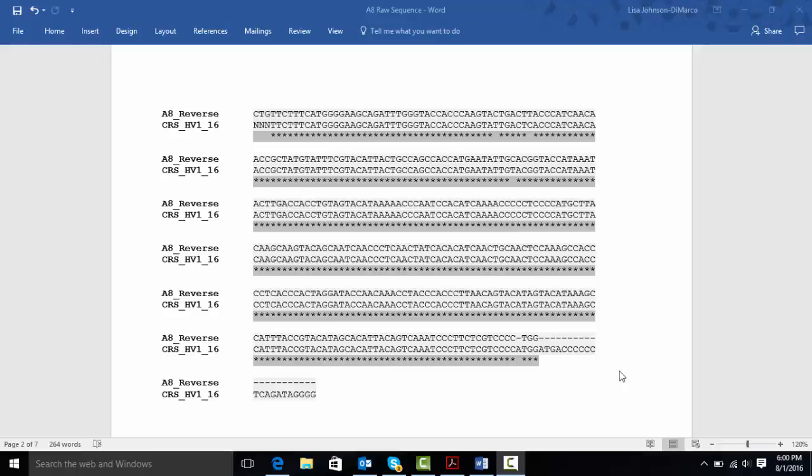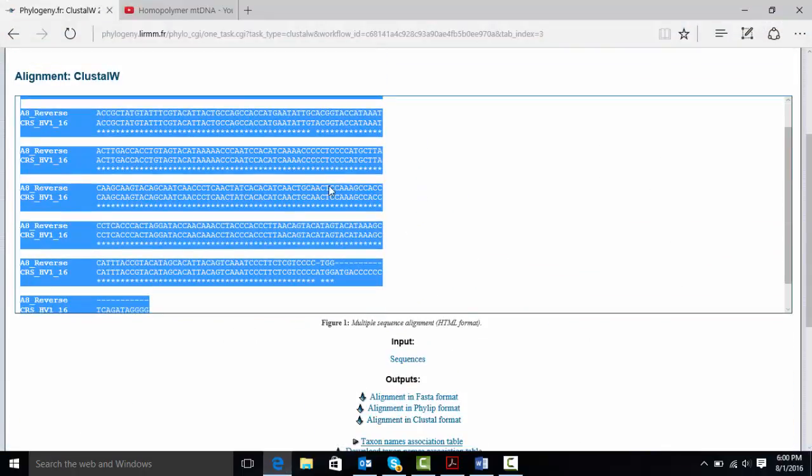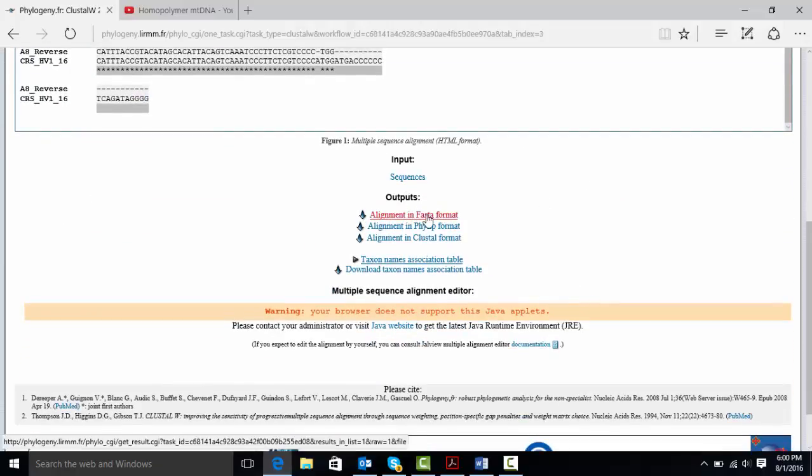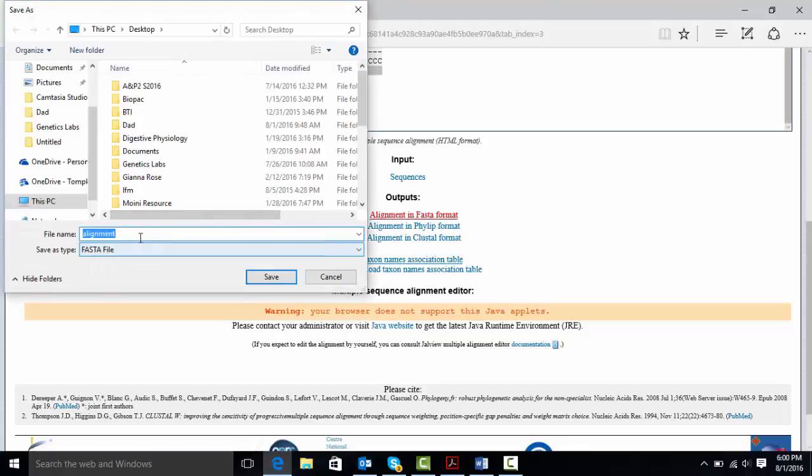So we have our alignment, but it's not numbered, and we need to know where in the genome your mutations are so that we can assign the haplotype. So the way we do that is we go back to the website and we scroll down from that alignment window, and where it says output, we're going to right click on alignment in FASTA format. Now in a Macintosh this might be different. You don't want to just click on it. You want to right click and you want to save the target as, and it should save to the desktop. So it's going to save as alignment. It is a FASTA file, and that's what we're going to upload